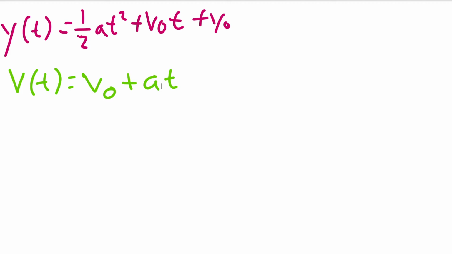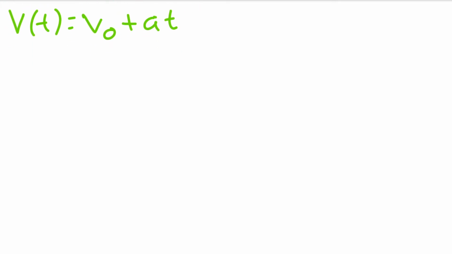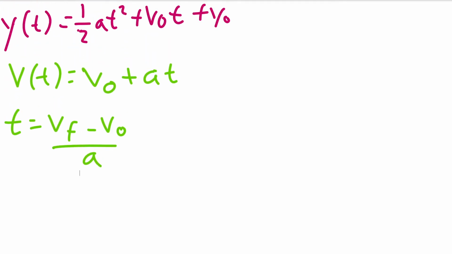And in doing so, I'm going to solve for time in our equation for velocity, this equation in green, and I'm going to substitute that in to our equation for position. So, if I were to solve for time, I have t equals v sub f minus v naught over a. So what I'm going to do is take that and plug it back into